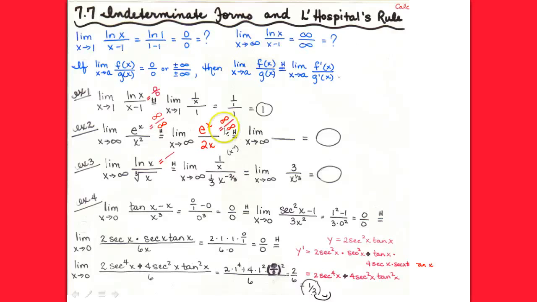So because this is still an indeterminate form, I have the right to use L'Hopital's, so I'm going to use it again. So the derivative of e to the x would be, and the derivative of 2x would be, now I fixed my problem, right? Because I'm still going to get infinity in the numerator, but now I have a normal number in